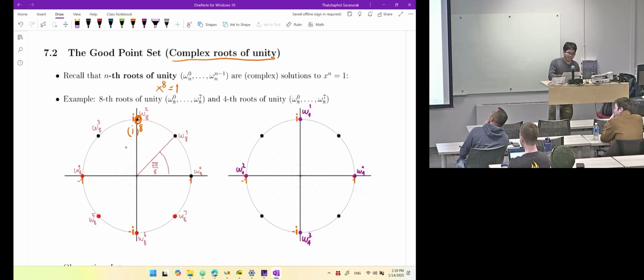Basically, for each of these points, when you raise it to the power 8, it goes to 1. They are all 8th roots of unity. This is the 4th root of unity. These are all the 4 points, such that when you